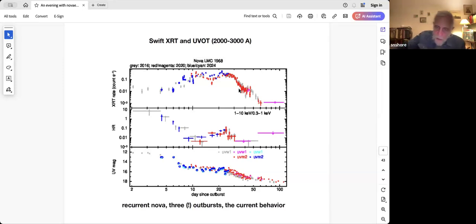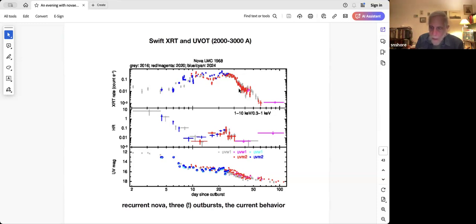SWIFT is a rapid response system that was built originally for gamma ray bursts, but it has the ability to slew from one part of the sky to the other in mere seconds. And because it's a very flexibly schedulable instrument, it can be observing in the X-rays and in the UV, essentially